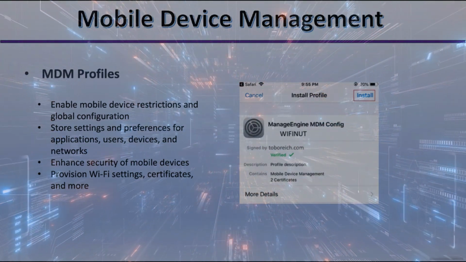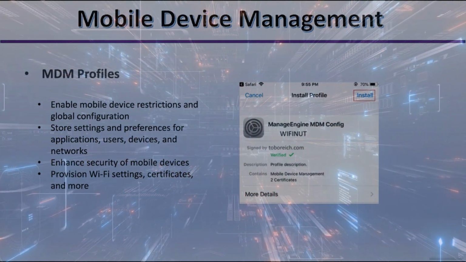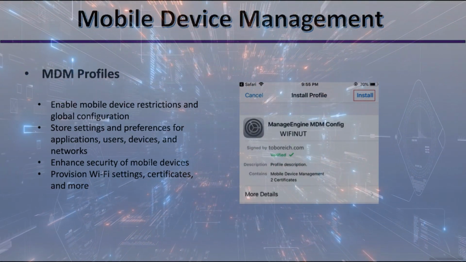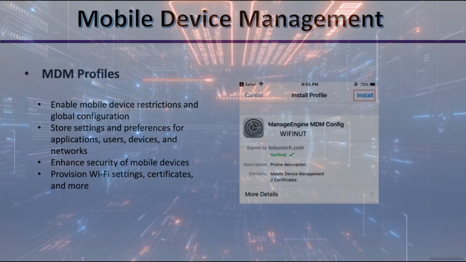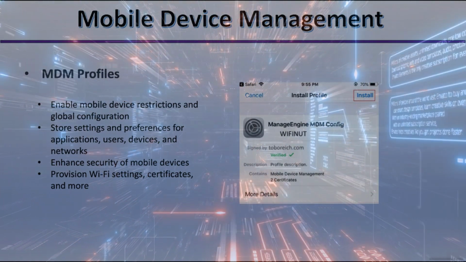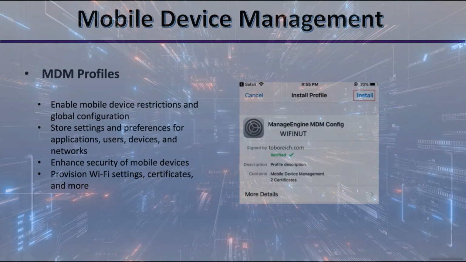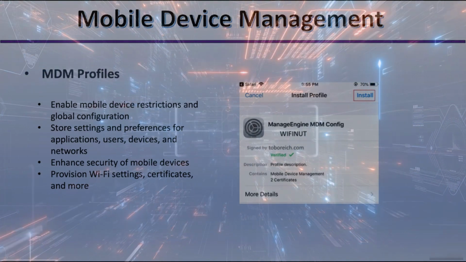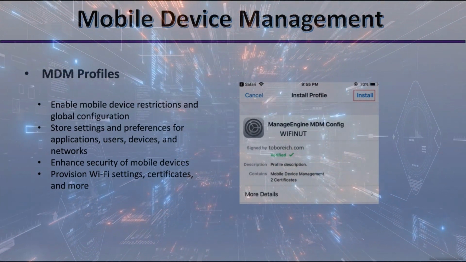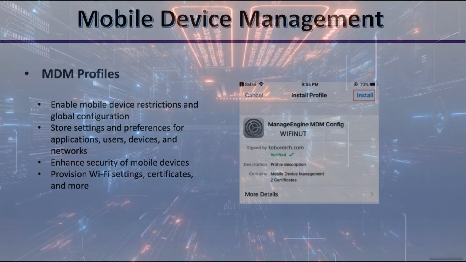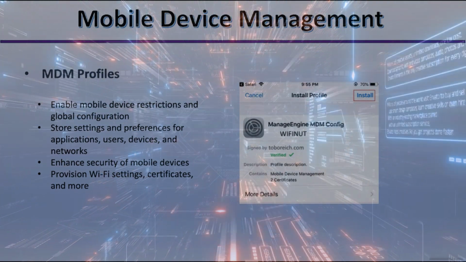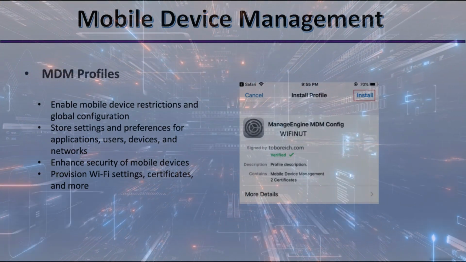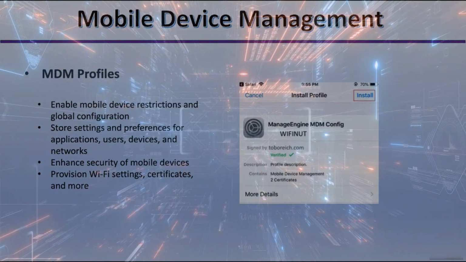Now, in macOS and iOS environments, configuration profiles are XML files, which can be created using tools such as Apple Configurator or the iPhone Configuration Utility. While manual installation and configuration are feasible for individual devices, in enterprise settings with a large number of devices, automation becomes pretty important. And this is where an MDM solution comes into play. And that enables the creation and deployment of MDM configuration profiles from the MDM server to mobile devices during the